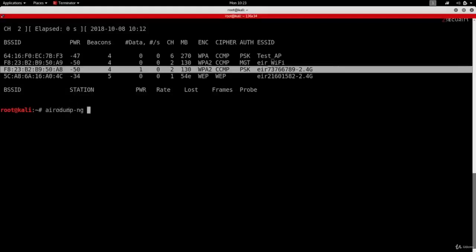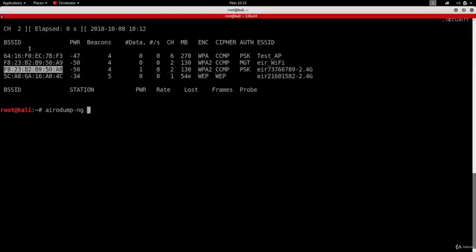Then I'm going to specify a specific BSS ID or MAC address for AeroDumpNG to sniff data from. My target network has a BSS ID of this. We can see it here under the BSS ID. So I'm going to copy it, and then I'm going to do --bssid and give it the BSS ID that I just copied.